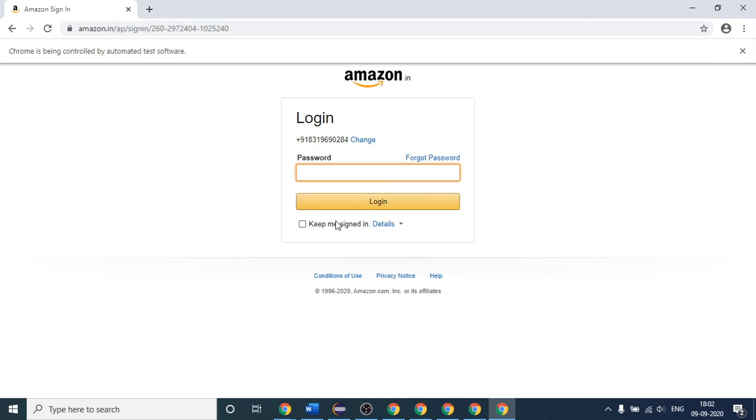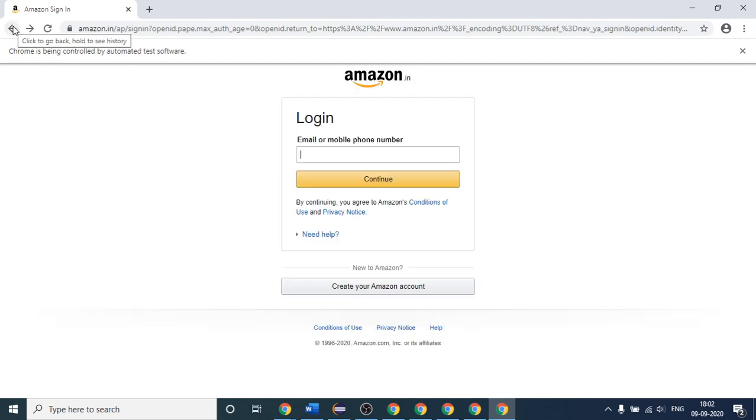So one more thing, suppose I thought that I have multiple numbers and I do not want to log in with this number. So what I will do in this case, there are two methods. I will click on this. Sorry, I will not click on this. There is only one method. I will go backward. Instead of opening it again, I will go backward. So how to perform this action with the help of coding? So I will come to this page again with the help of this.